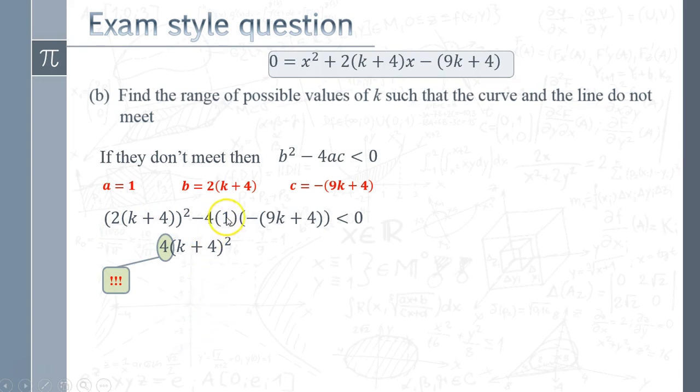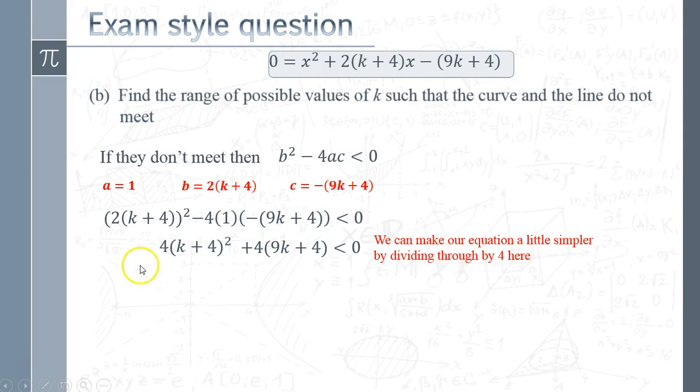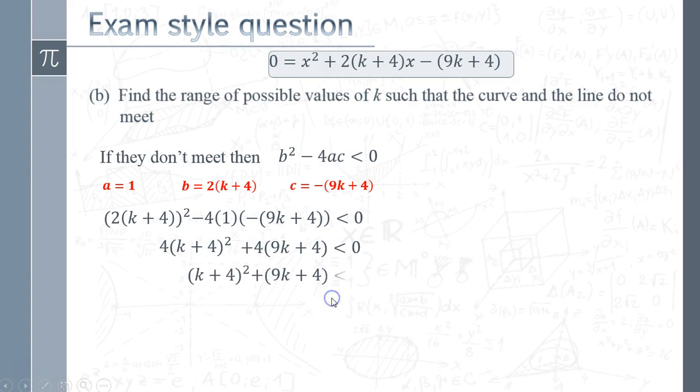And then we've got to just tidy up this thing here. And again, we've got to think a little bit carefully about signs. Hopefully you can see that minus times a minus, minus there times by that minus there, means that this whole thing becomes a plus. And in this particular case, because we've got a 4 there, another one there, we can just divide through by 4 and make that a little bit easier to work with. Multiply out, tidy it up, and we've got a quadratic